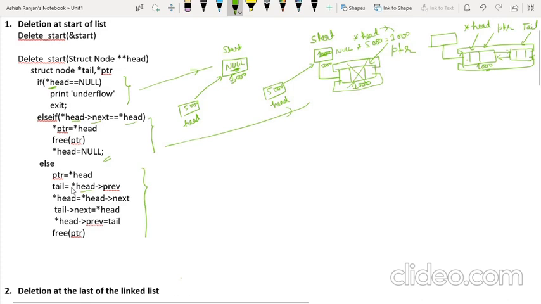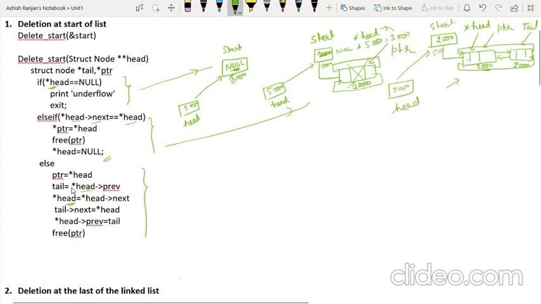Okay. Now we want to delete this node only. In that case what will happen, the head will start pointing head ka next. Let's suppose head ka next is 2000. So what the head will store? Head will store 2000 here, because asterisk of head is pointing this node, that is 5000, that is head, and this is start.